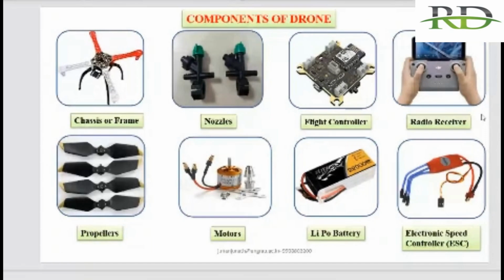Next is the ESC mode. This is also a connecting part, the electronic speed control. We can fly the drone upward and downward, and right and left, like this. This is one of the major parts. Next,